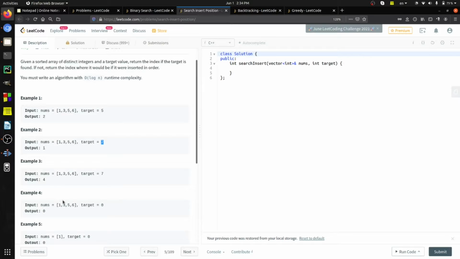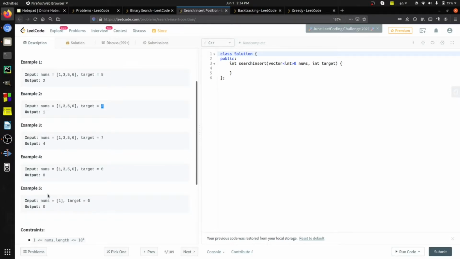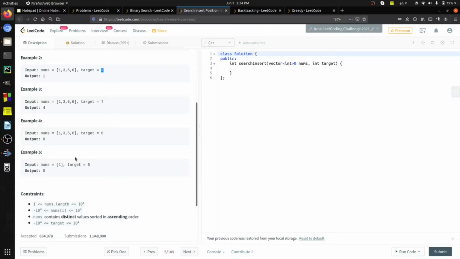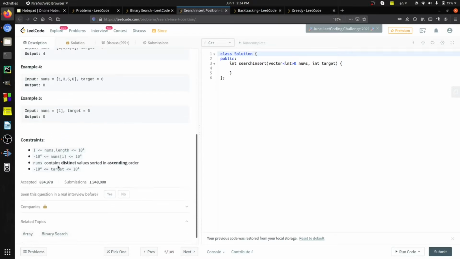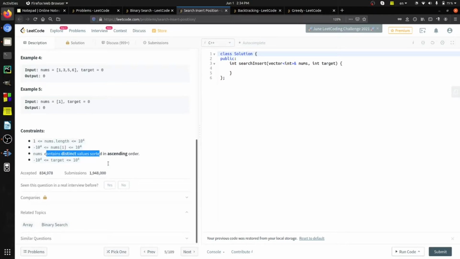Okay, so this is the fifth example, and there are some constraints. The nums length will always be from 1 to 10 to the power 4. Nums always contains distinct values in ascending order, so it is already sorted, we don't have to sort the array. The related topics are binary search and array, so we will use the binary search algorithm.